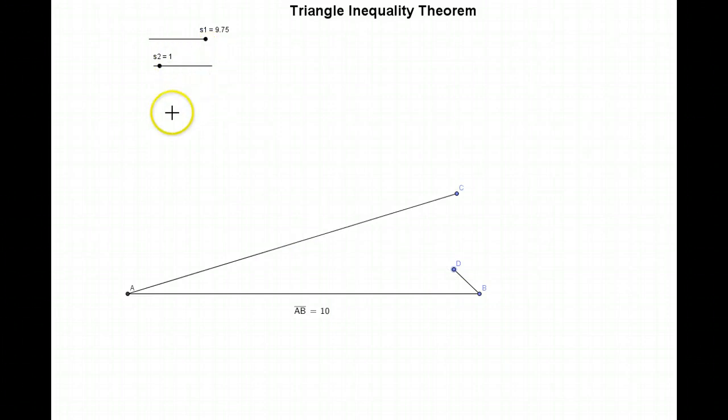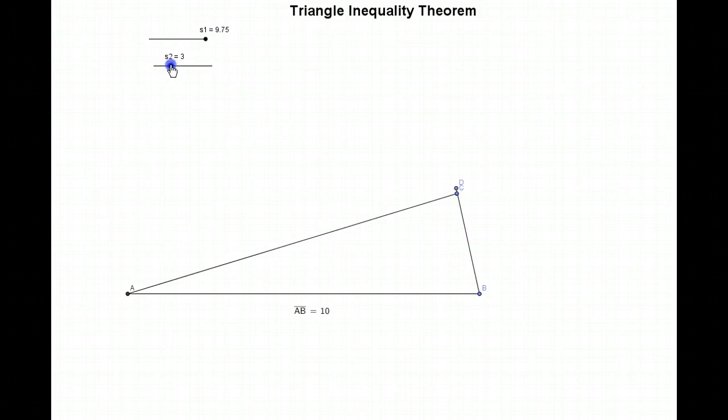So there are certain lengths that no matter how long this one side is, you will not make a triangle. So let's see if we can come up with a relationship between the side lengths that will allow us to make a triangle and the side lengths that will not. Let's keep AC, side 1, constant at 9.75 units, and of course AB constant at 10 units, and then figure out how long DB needs to be so that I can make a triangle. So as I move this up,